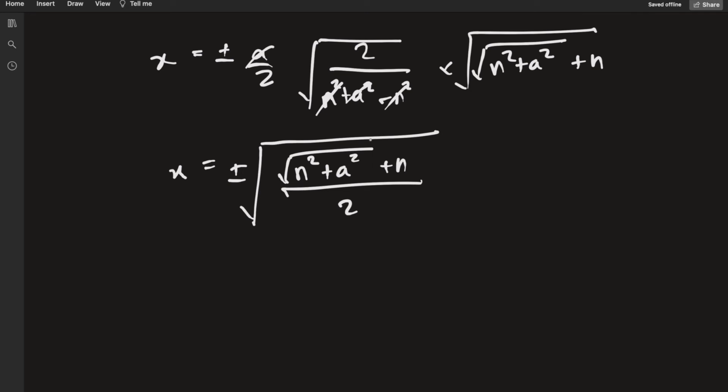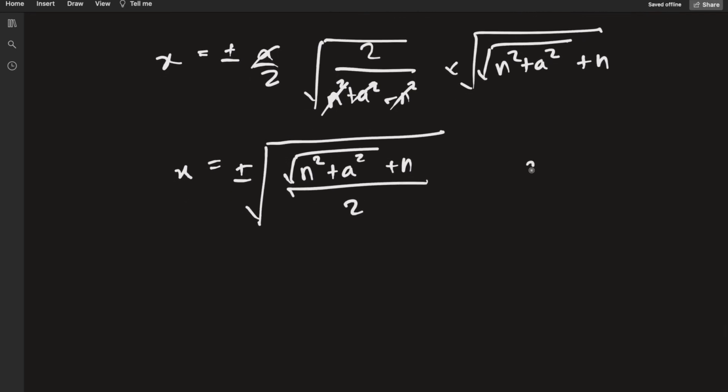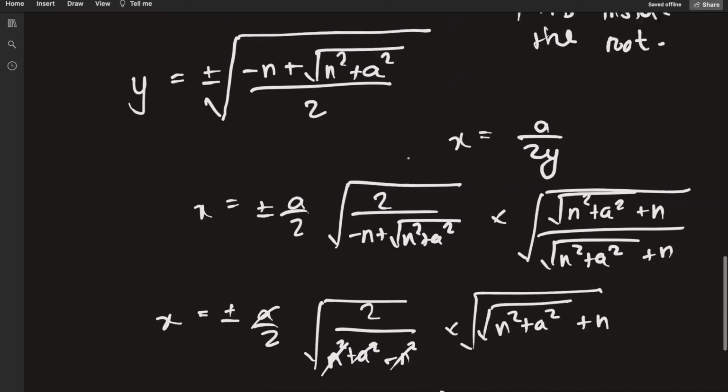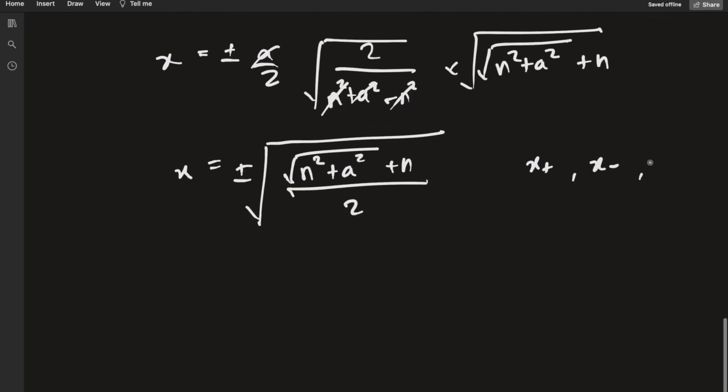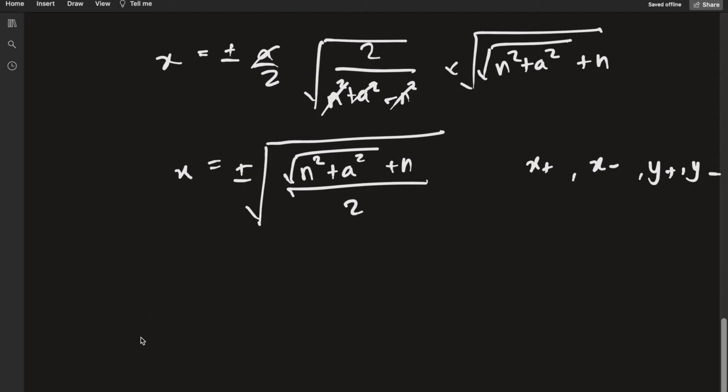Okay, so I'm going to do one thing. I'm going to call the positive branch of x, x plus, which is just this positive part of it, and the negative branch x minus. I'm going to do the same with y. I'm going to call it y plus and y minus. So our solutions for this quartic that was there,